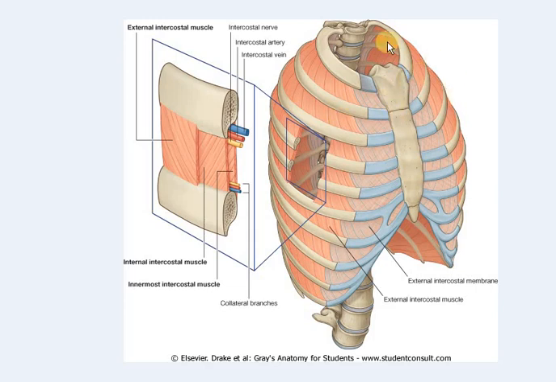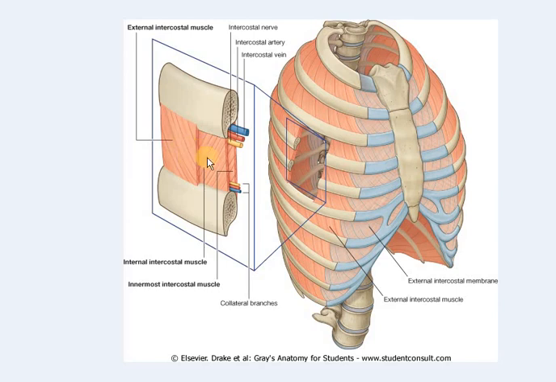Students, in this picture you can see the muscles of the thoracic wall. This is the sternum, the ribs. Posteriorly you can see the thoracic vertebrae. These are the intercostal spaces which are filled with the intercostal muscles. So there are 3 intercostal muscles which fill the intercostal spaces. The arrangement of these 3 muscles from outside to inside is external, internal, and innermost intercostal muscle. So the most external muscle of the thoracic wall in the intercostal space is the external intercostal muscle.